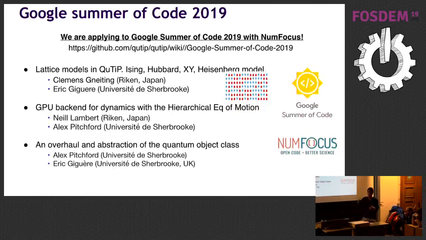And the last part is a pretty huge project where we want to completely make an abstraction out of the quantum object class so that we can connect it to all these different ideas, maybe all the quantum computing simulators, maybe use some other linear algebra modules to really do the simulations. Because right now we are sort of stuck with the compressed sparse row format of NumPy. And many times people have come up to us and said, okay, this is not working. You have these indices which are in 32, in 64, or I don't want to directly store this large matrix, but I want to make an abstraction out of it and play with it.